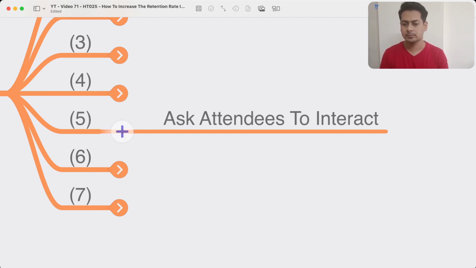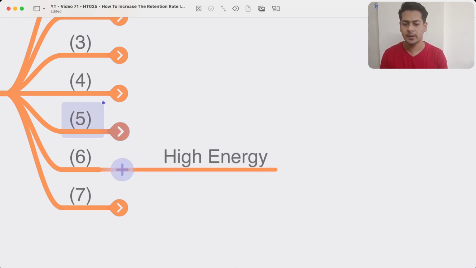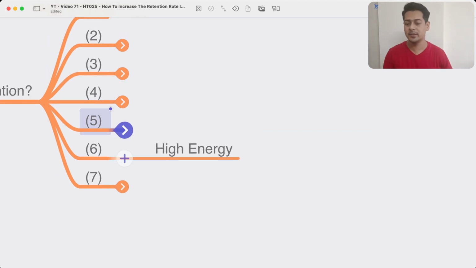Now, the sixth strategy that I use: I have extremely high energy throughout the webinar. In the last webinar I conducted, I realized that the energy I had in the first minute, I had until the last minute. How did I generate that energy? I have no idea, but since I'm passionate about the topic that I teach, I think that energy comes from within, and I felt a really high flow of energy throughout the webinar.